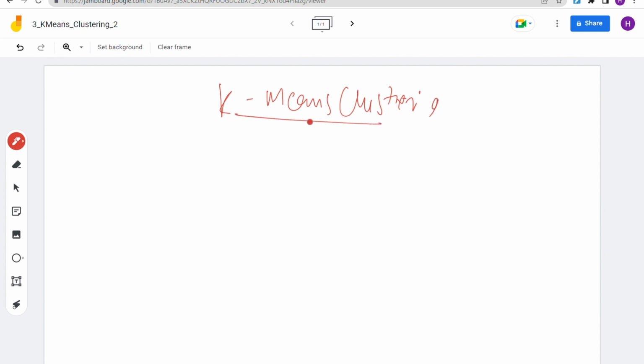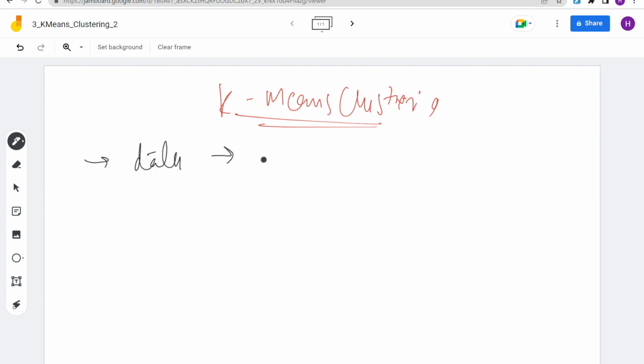So today we are going to look at what exactly k-means clustering is, with an example. Okay, so what is k-means clustering exactly? Let's consider a real life example. Let's say you have some data